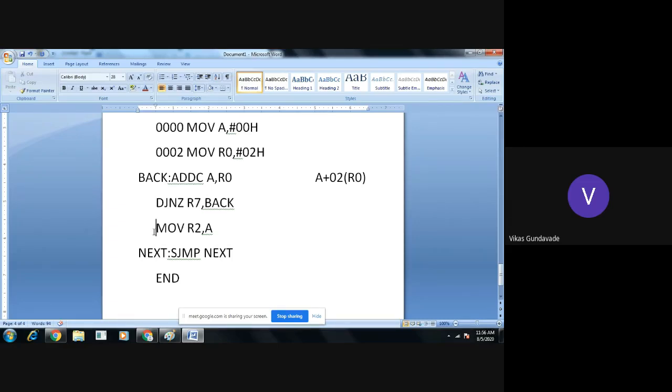Then this instruction will require some spaces, but the programmer cannot every time identify which address location the jump needs to take place. So here, in spite of providing the address location, we are providing the label where we need to take a jump. So the program counter will understand that the jump should be taken to the labeled location. So instead of providing the address location where to make the jump, here we are writing it with the label, and to that specific label the jump will take place.